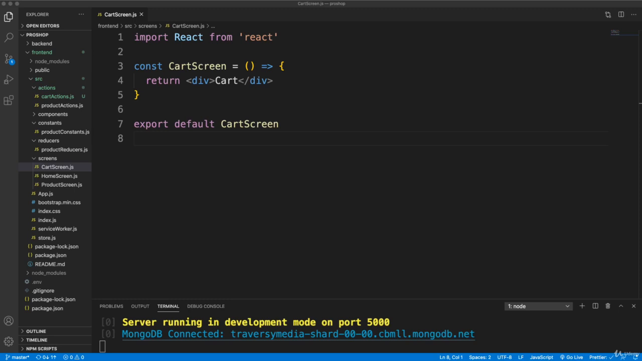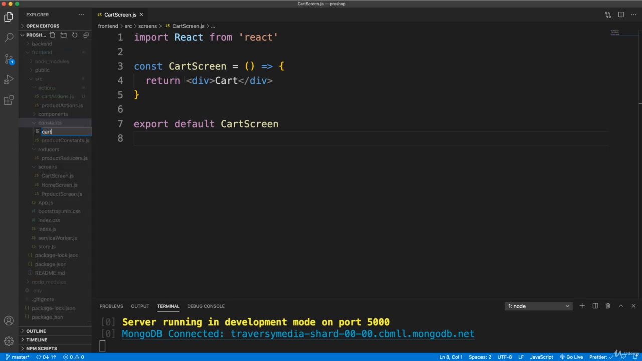Okay, so now we want to create our cart reducer and the action to add to our cart. We don't have the functionality here on the screen yet, but you'll notice that the common flow that I have in this course is to add the constant, the reducer, the action, and then implement that action in the screen. So let's start off in constants, and we're going to create a new file called